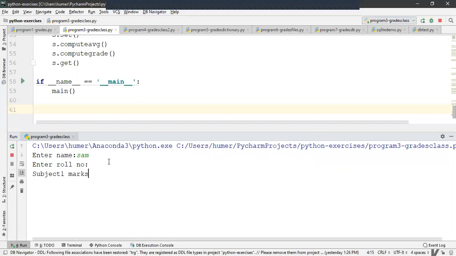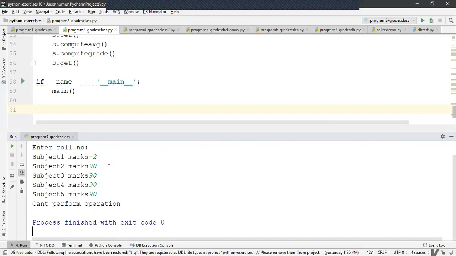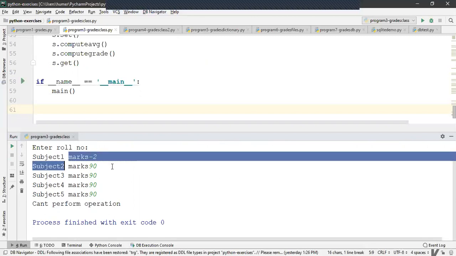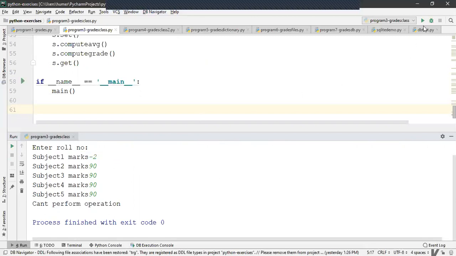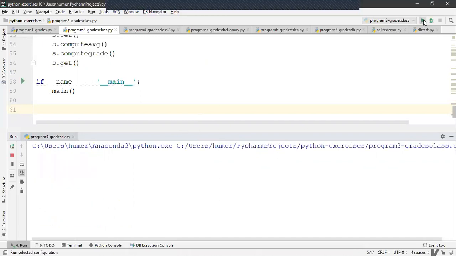So this verification also has to be done. Can't perform operation because of this -2. All right. Another, and these validations have to be done.